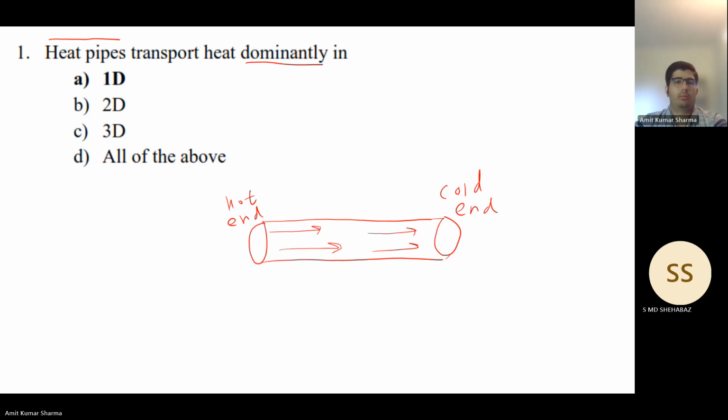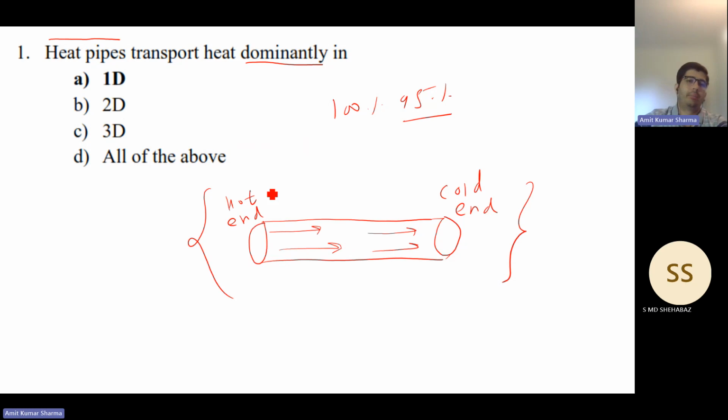So dominantly there will be only one direction, because dominant means that, suppose the complete heat transfer is 100%, so maybe 95% is only in one direction and the remaining 2-3% in other directions. And if you see this schematic of the heat pipe, then maybe you can assume,